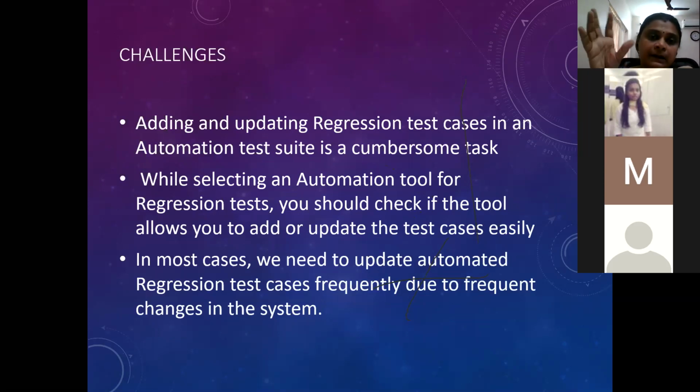Initially, when you planned to write this test suite, you only were able to figure out up to 50 to 80 test cases. But as you do the testing, you found a need to add another 50 or 100 test cases. So as more and more test cases are added, then what happens? This entire test application. Always remember, automation is about having one more application in place. That also has to be developed. That application has to be tested and kept ready. That by itself is to be treated as a separate software. So it will be very cumbersome if you have to keep adding some test cases to it.